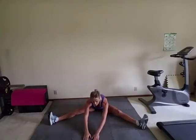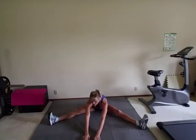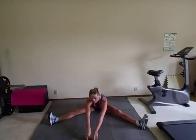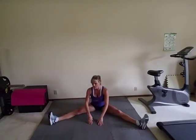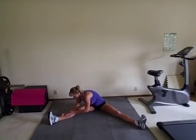And a nice big breath, and then we'll just come to the middle. Come down as far as you feel comfortable. With any stretching, you don't want to make it hurt, like badly hurt. Just having a little tight stretch, having the muscle tight and where you can feel tension, that's good, but not hurting. All right, now come back up and we'll just go to this leg, bend over, knee